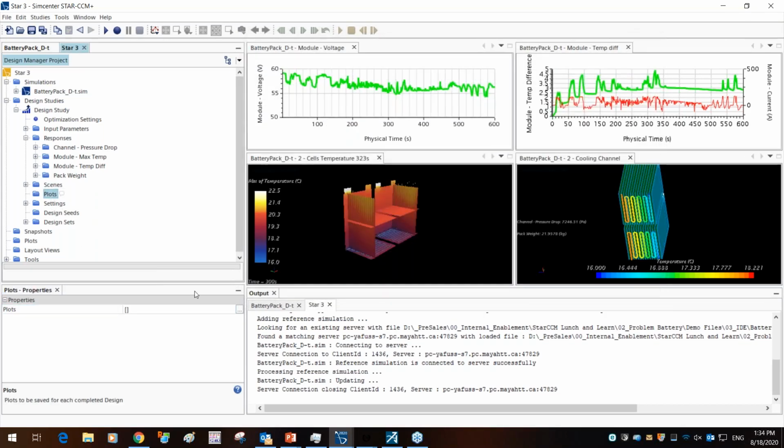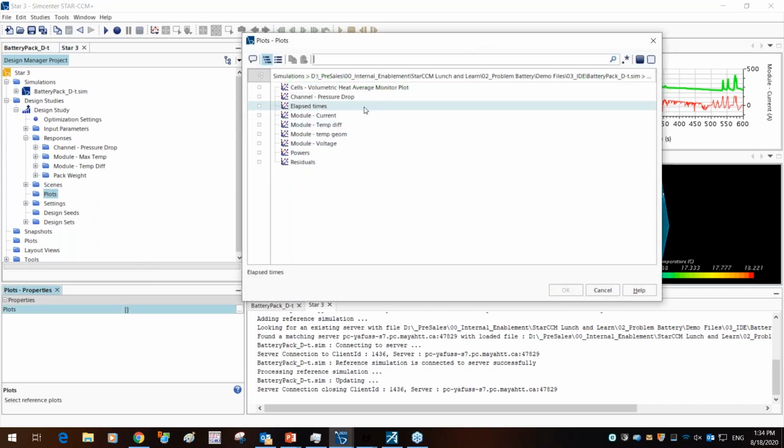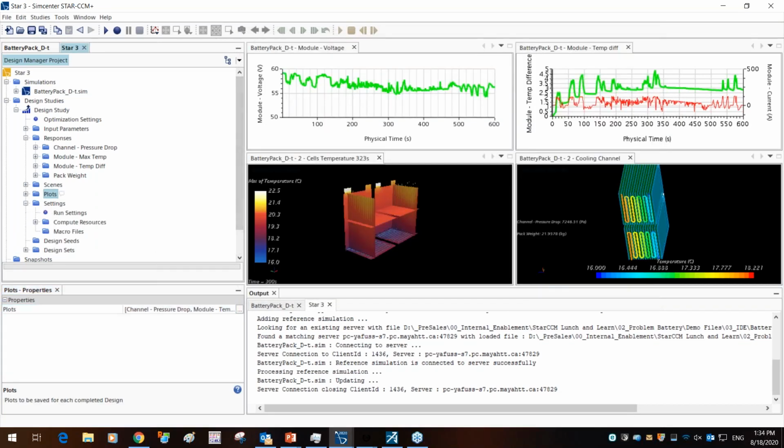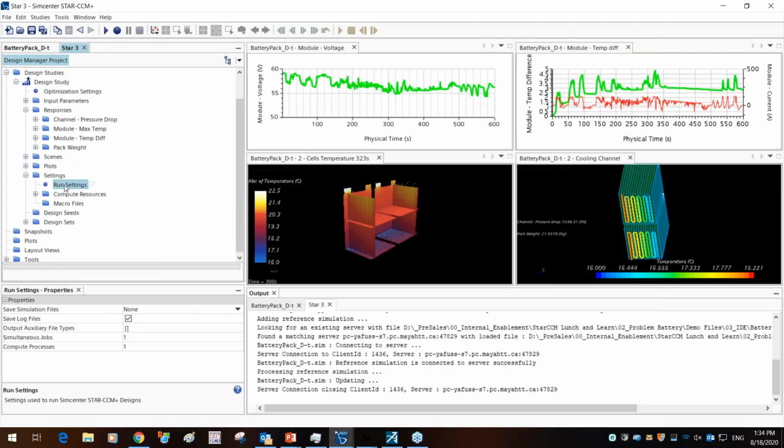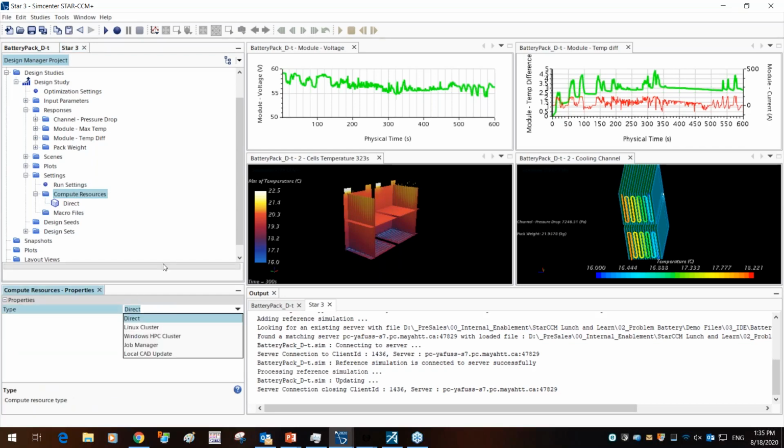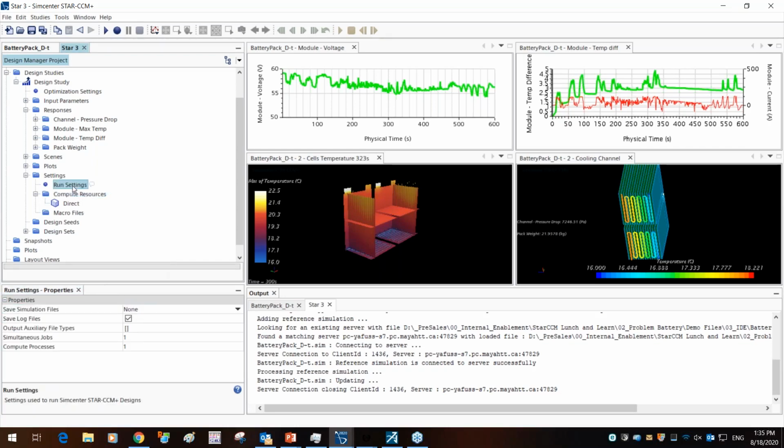We can also look into plots. For each given simulation, we'd like to look at the pressure drop, the temperature difference just to make sure it's converged, as well as the module voltage. And in terms of settings, this is where you set up the run settings, what type of compute resources you want to use, depending on whether you want it direct or do you want it to a cluster, can be easily pushed there.